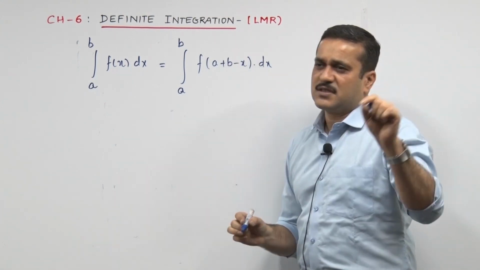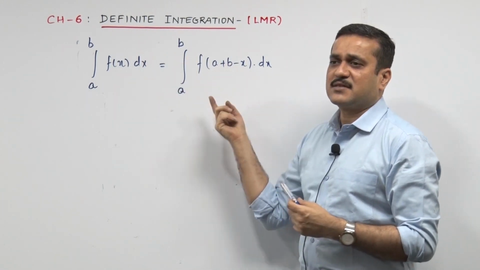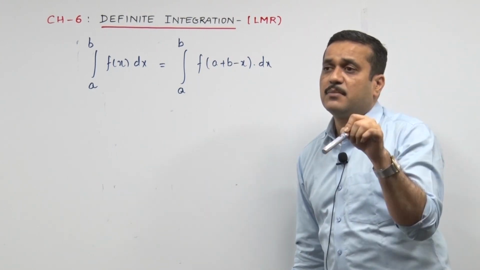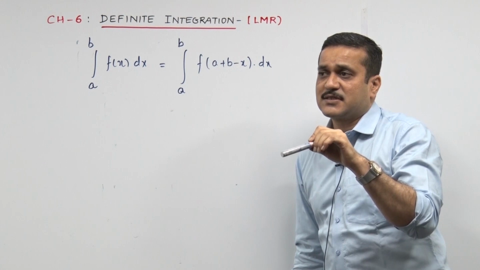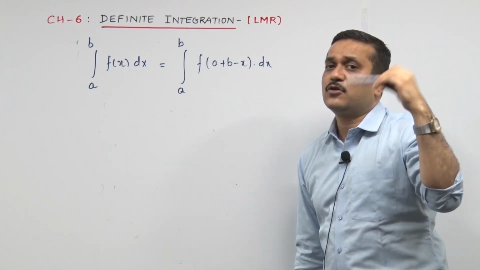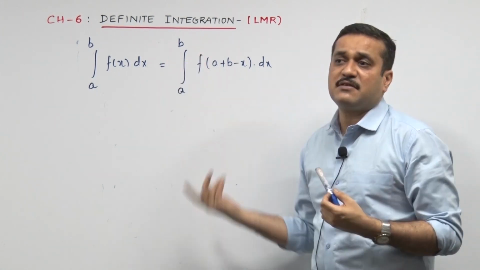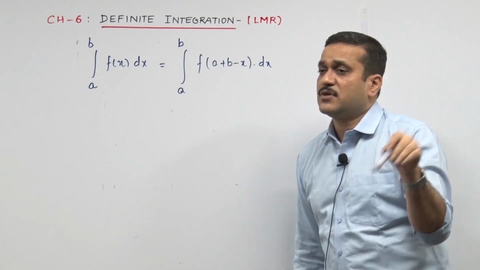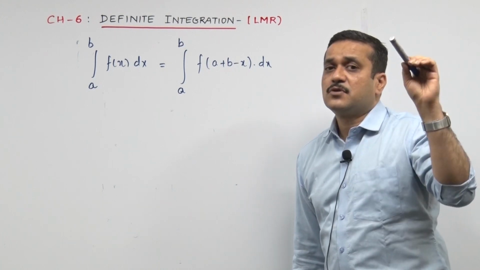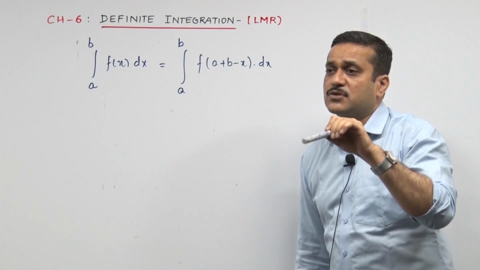It sounds almost the same. In fact, if you put 0 to a, 0 plus a minus x, you are back to that property 4. This is your property 5 right now, which gives you a freedom of changing your x to a plus b minus x. Now, in 0 to a, you change your x to a minus x. In a to b, you change your x to a plus b minus x. And that's an easy way to remember. When the sum goes 0 to a, you can change your x to a minus x. When the sum goes a to b, you can change your x to a plus b minus x.